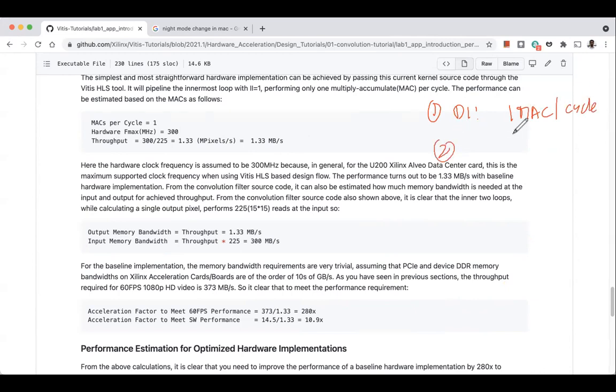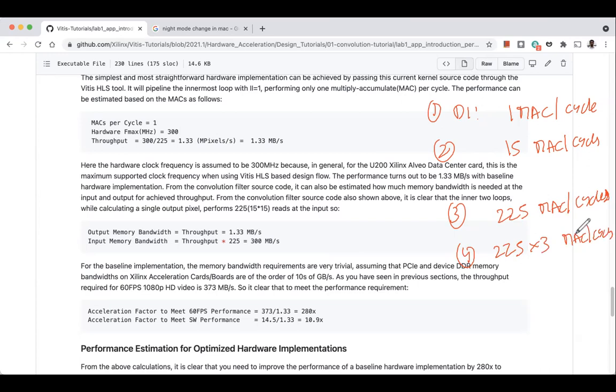In the second design, we do 15 multiply and accumulates per cycle, where we unroll only one loop. The next design has 225 multiply and accumulate operations when we unroll the innermost two loops. And the fourth design is 225 into 3 MACs per cycle. When we do this, we use 225 into 3, 675 DSPs on the FPGA.